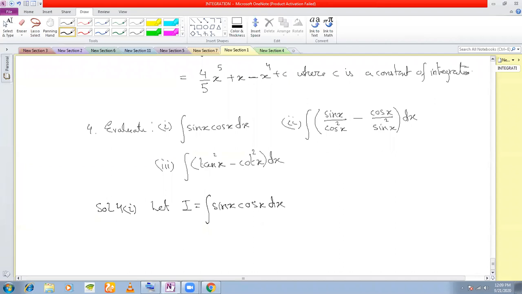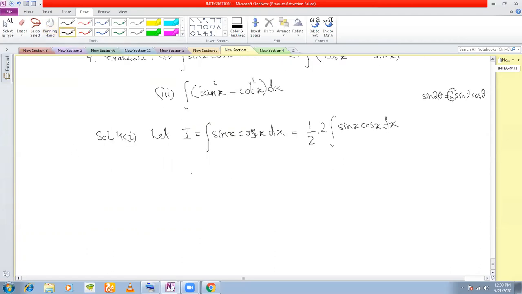But here, the need for changing into the sum does not arise, because you know that in trigonometry, sine 2 theta is 2 sine theta cos theta. You know this, right? What you see here is sine x and cos x are already there. The product of sine theta cos theta is there. Only what is missing here? Only this 2 is missing. So what you do is you take half into 2. You can write this as half into 2 integral sine x cos x dx.